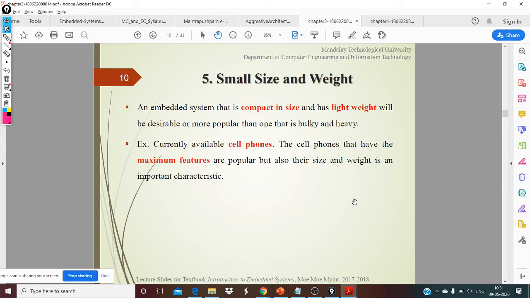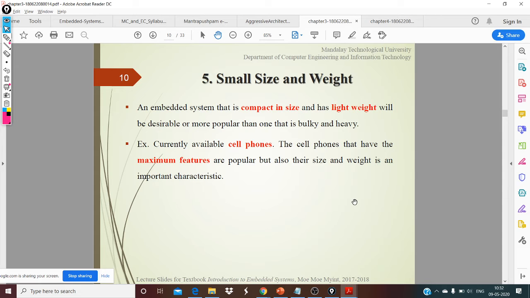I mean, a cell phone is okay. A cell phone should be lightweight. What if it is heavy? What happens? Then we cannot carry it around everywhere. Correct. Okay, you're right. But cell phones are one example. Thank you, Wasim. You actually made the point. Correct answer. So cell phones are meant for you to speak and browse and things like that, right? So if you have to carry it all the way around, it has to be compact and lightweight.